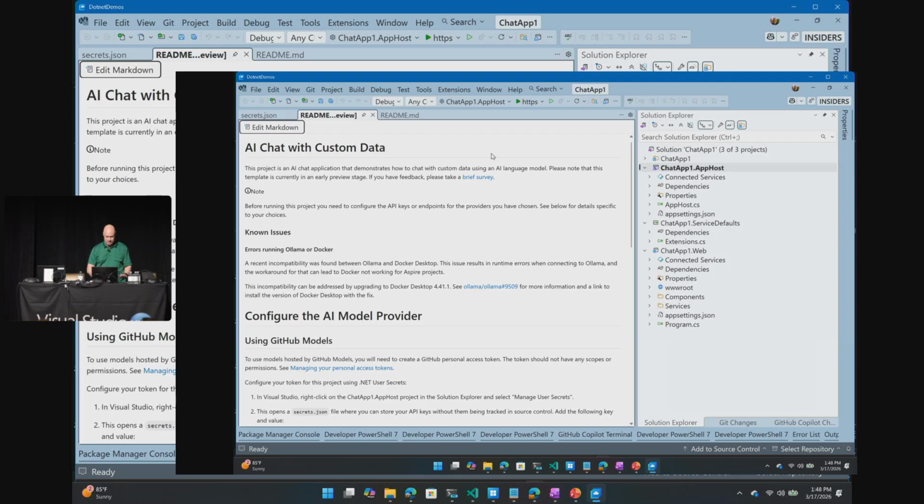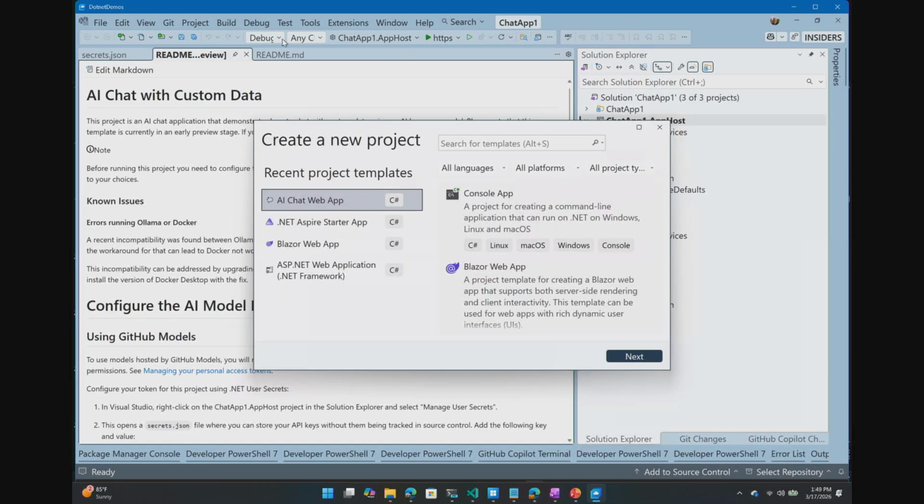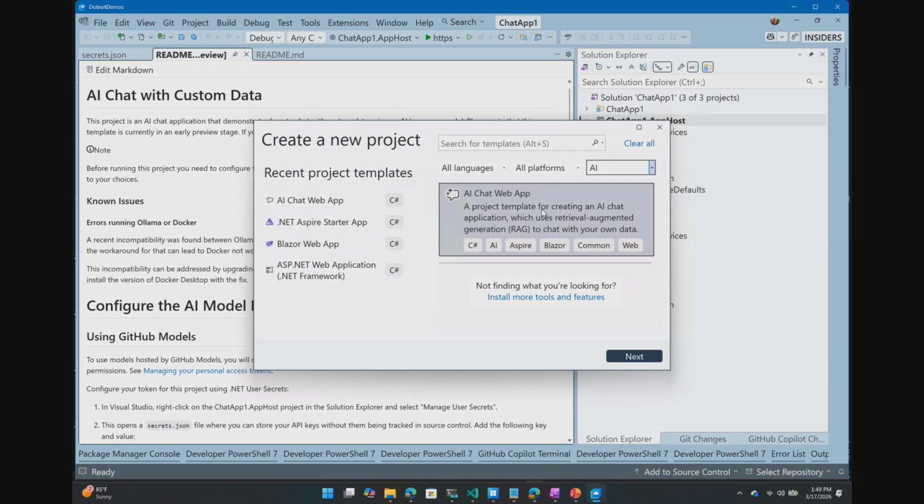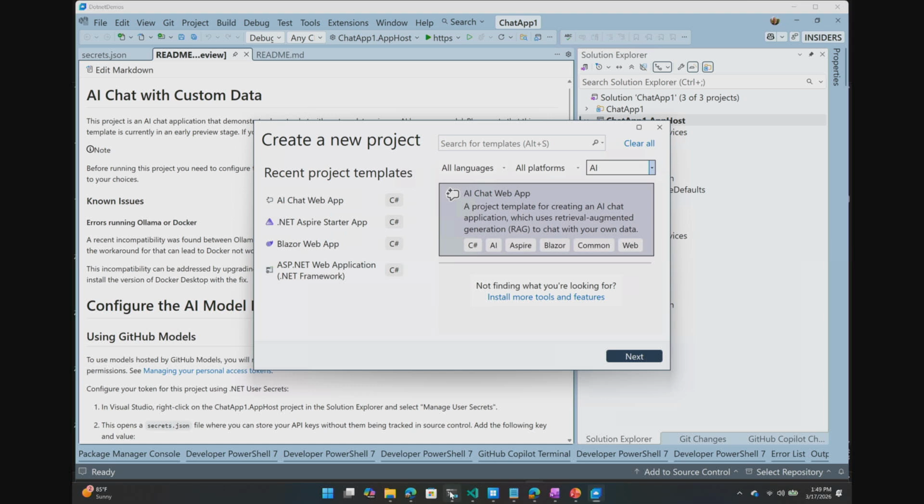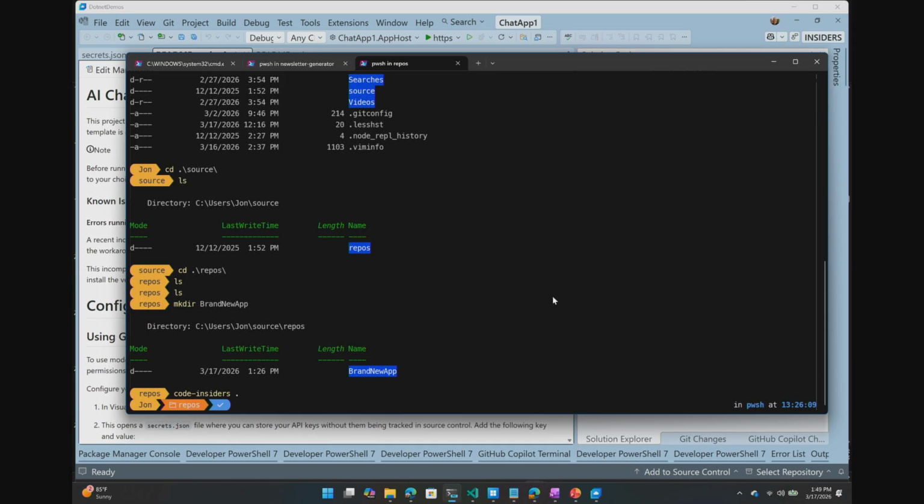Okay. So first of all, I want to show this AI chat with custom data. So if I go File, New Project, this is on my list of things that I can create. So I'll say I want to do AI. I'll do an AI chat web app. If you don't have this, you need to install these templates. That's super easy to do. You do,